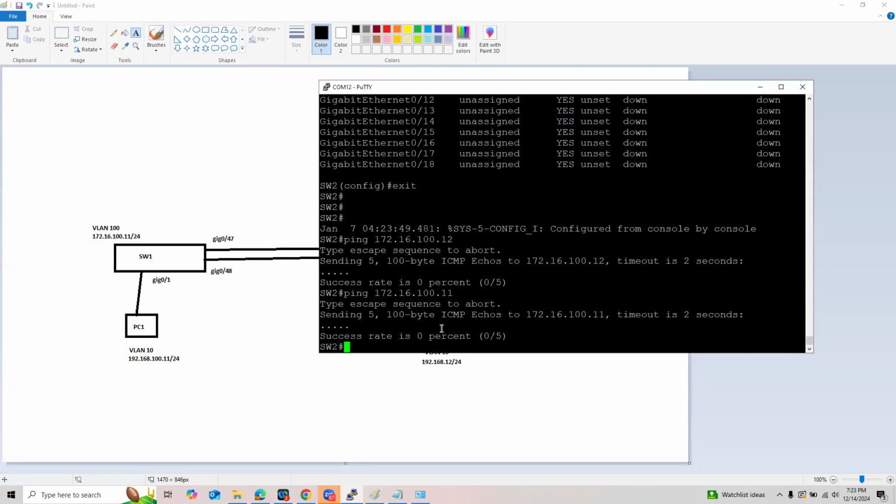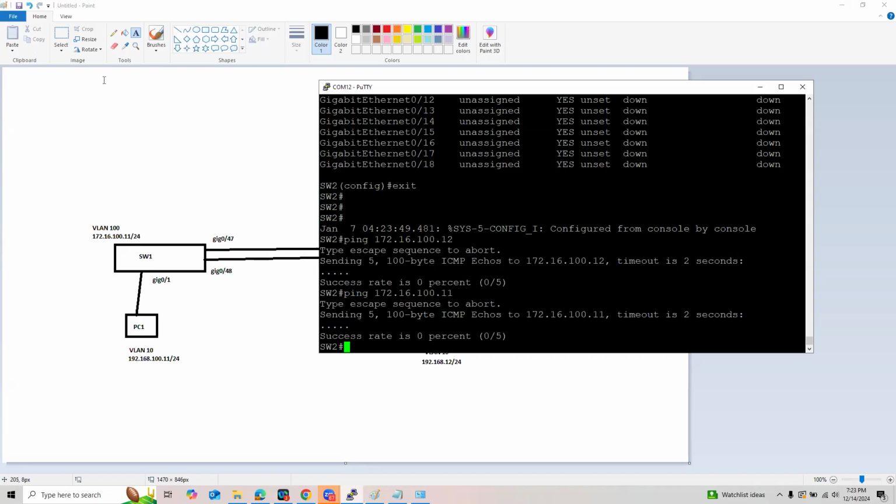So what would be the next requirement so that we can extend our VLANs to another switch? To allow such connectivity, what are the other requirements? Aside from creating the VLAN,